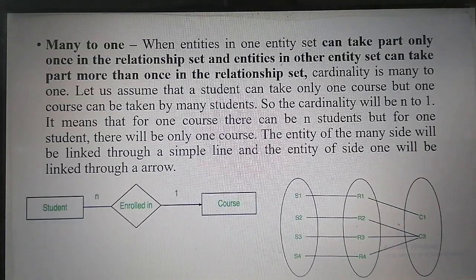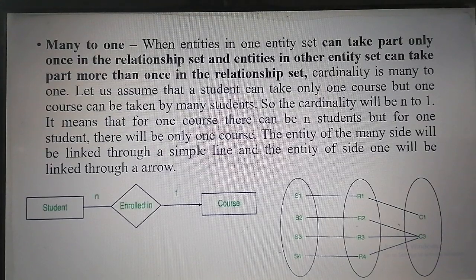This is a case of many to one. Many to one means multiple entities of one entity set can map to a single entity of another entity set. As you can see here, multiple students can take enrollment in a single course. So this is the case of many to one. To represent this in an ER diagram, we use a simple line for the many side and an arrow for the one side.